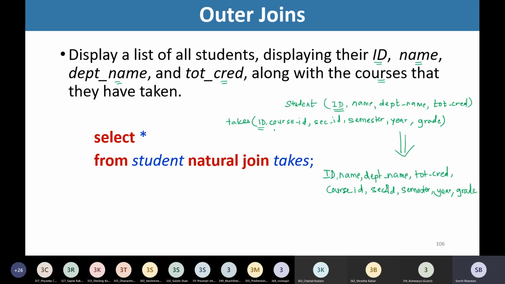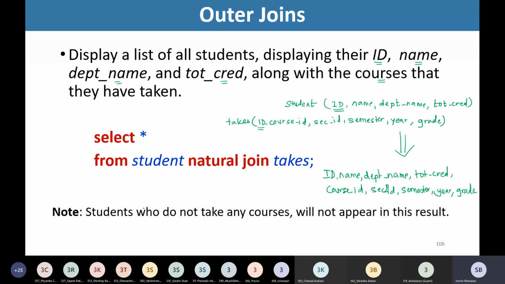So if there are a few students who have not opted for any of the courses, then obviously that student ID will not be present in our takes relation, and that record will not be there in our natural join. So please note that students who do not take any courses will not appear in this result.